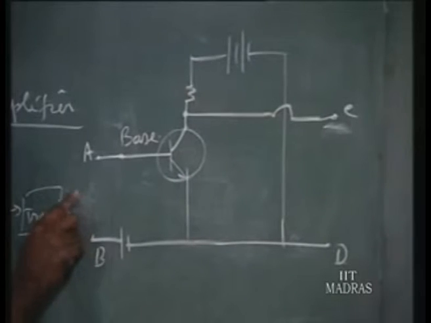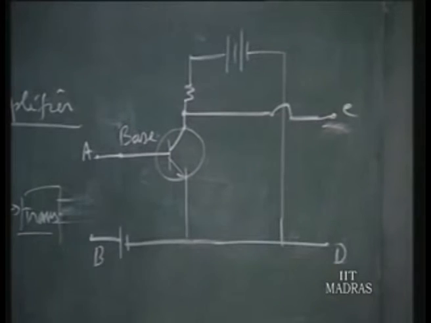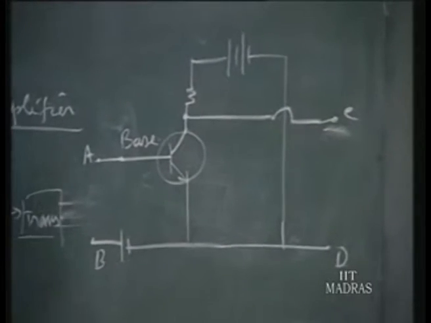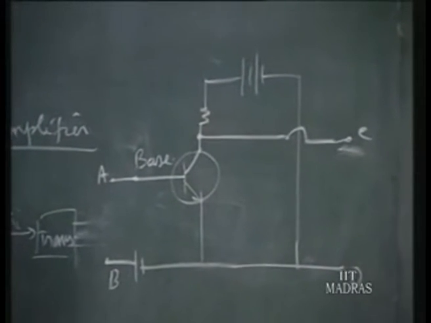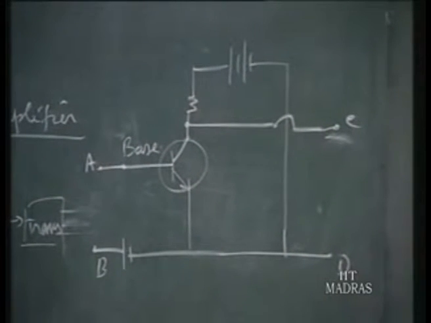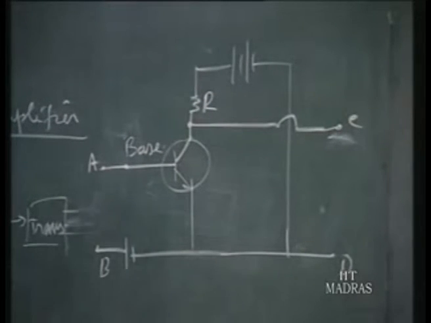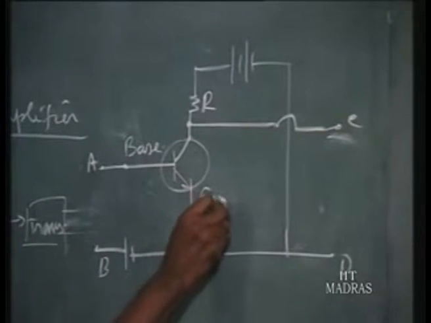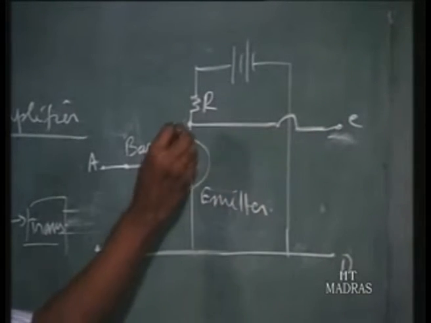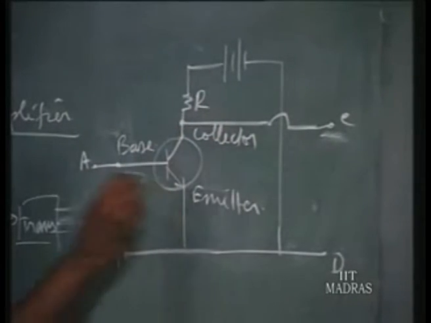Now we see what is the value of RAB or ZAB, and then ZCD or output impedance; here it is purely resistance. What are the resistance values? RI and RO, that is, RAB and RCD. Now we will follow the same principle. So this is called R. Let us try this. This is a transistor, this is an emitter, and this is the collector terminal. These are the base, collector and emitter terminals.